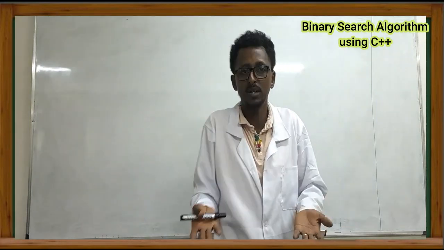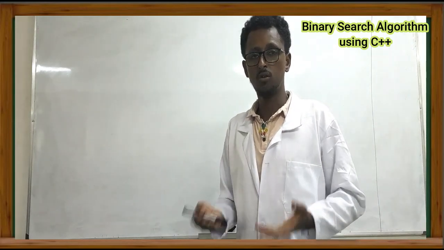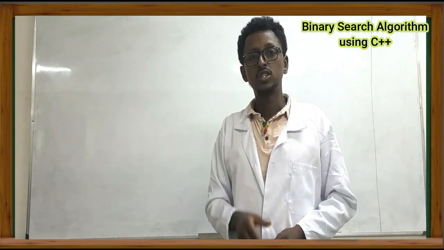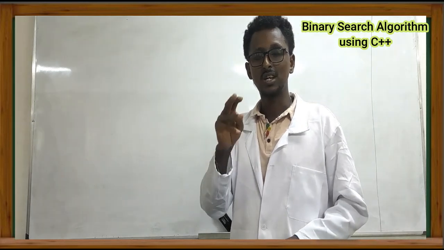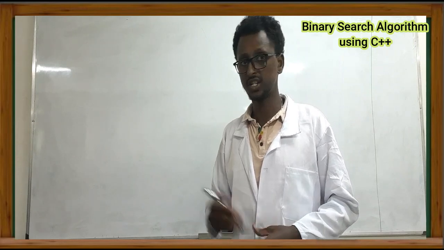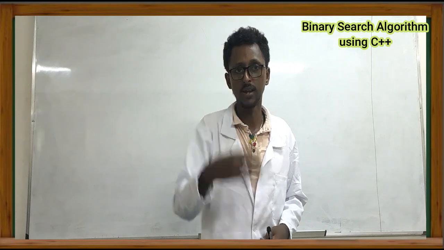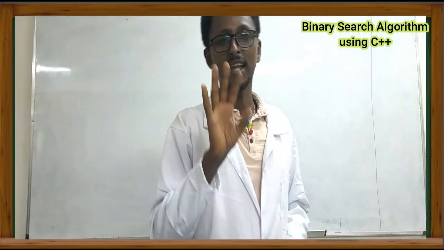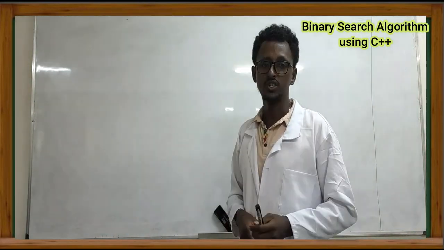So if your array is not sorted, or if your array is disordered, first of all your task is to sort the array by using either selection sort, insertion sort, or bubble sort algorithms. After you sort the disordered one, you can apply the binary search algorithm. Otherwise, for disordered lists, binary search is not applicable. So by default,